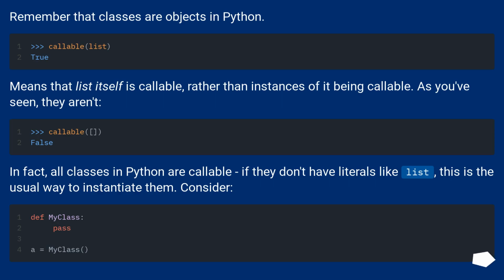Remember that classes are objects in Python. Means that list itself is callable, rather than instances of it being callable. As you've seen, they aren't. In fact, all classes in Python are callable, if they don't have literals like list. This is the usual way to instantiate them. Consider: